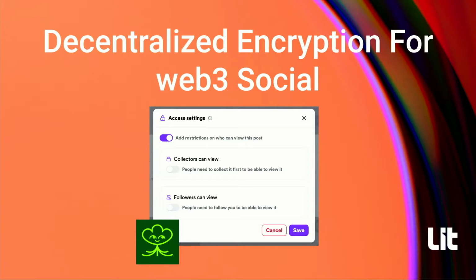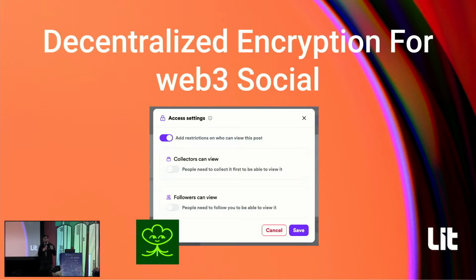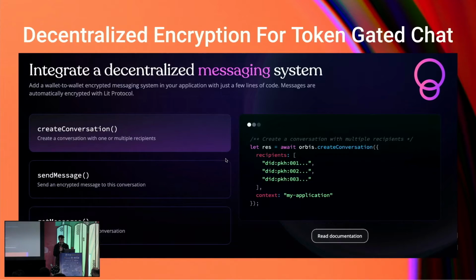For those of you who are familiar with Lens Protocol, it's essentially a social graph on chain where social interactions are functionally NFTs. So if you follow somebody, you hold their NFT. If you like or collect their post, there's an NFT associated with that. And so Lens Protocol has integrated LIT for the purpose of doing token-gated content. So Alice can say, you must follow me on Lens in order to decrypt this content, to have a Patreon-like model. We're also seeing some really cool stuff working with Livepeer, doing this around video as well.